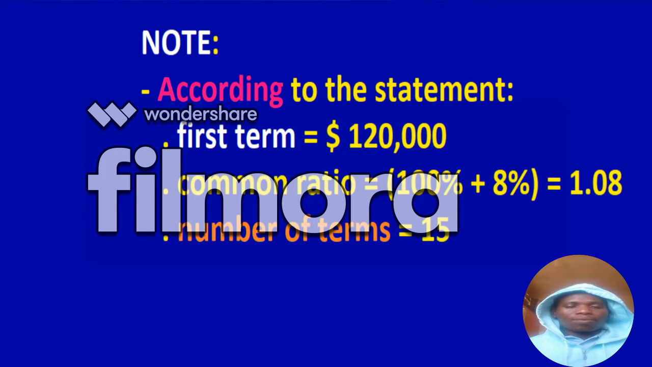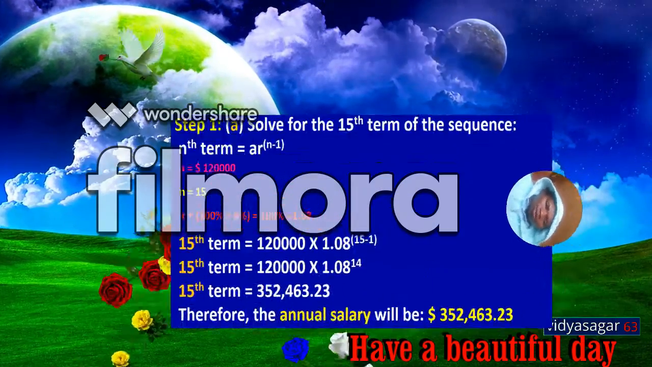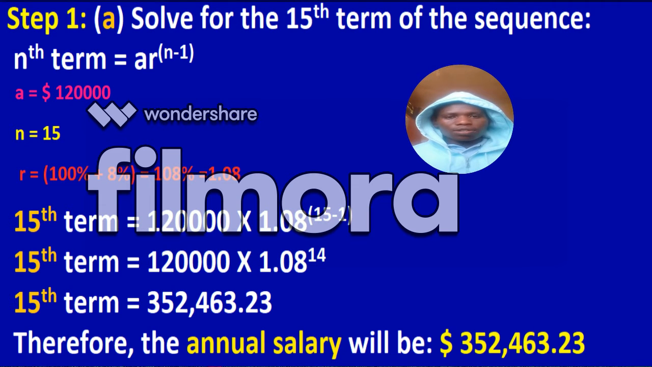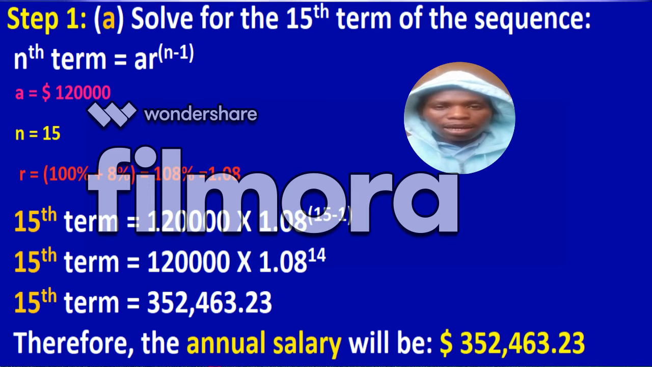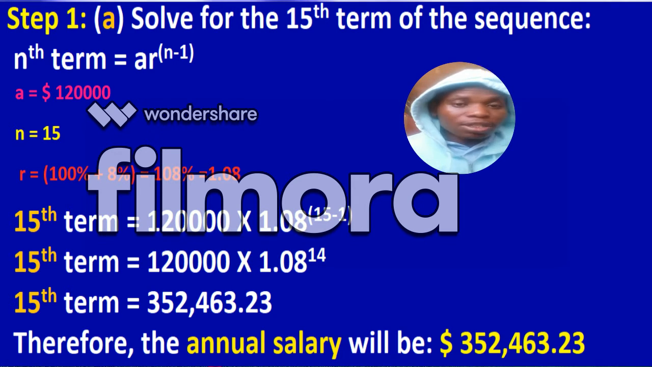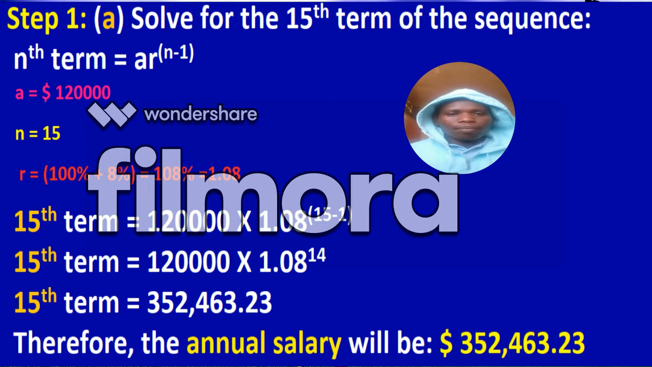Then we have R, which is the common ratio, and the common ratio here is given as an 8% increment, to mean the ratio is 108%. So let us calculate first. Let's go to the next step of calculating the nth term, or the 15th term, of this GP, and the formula is given as